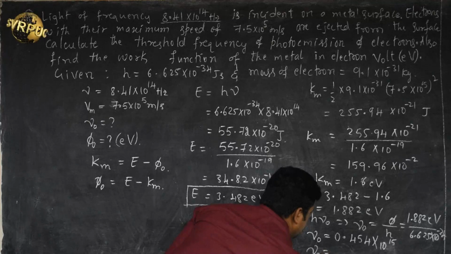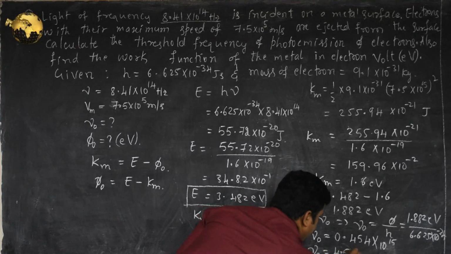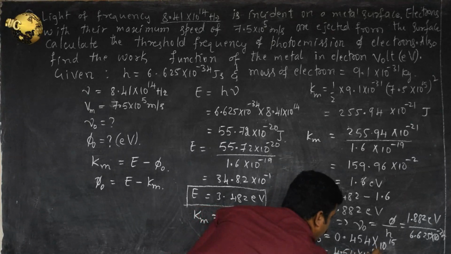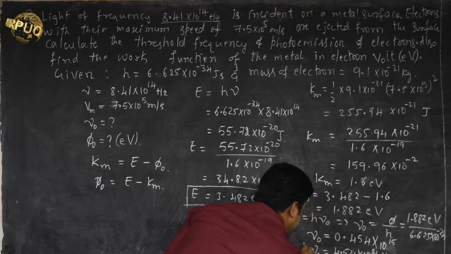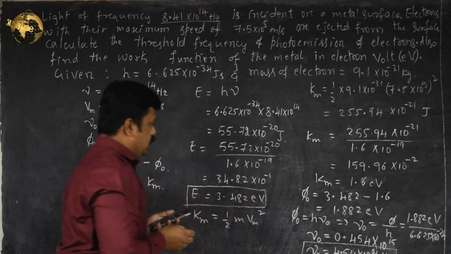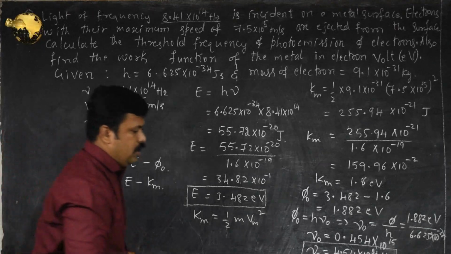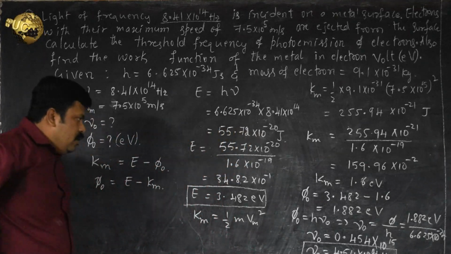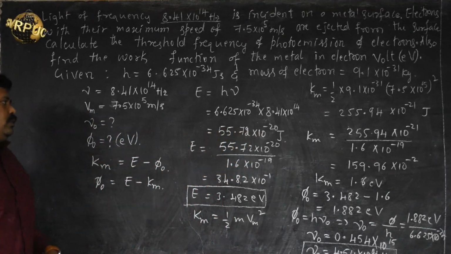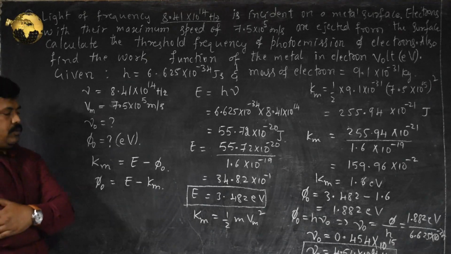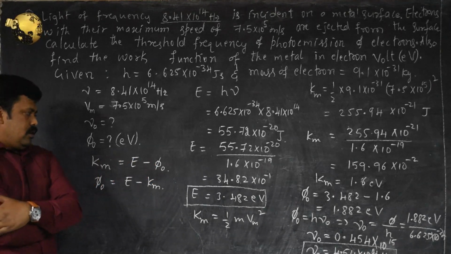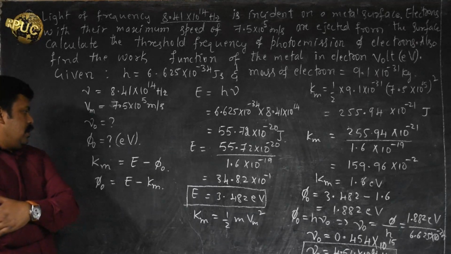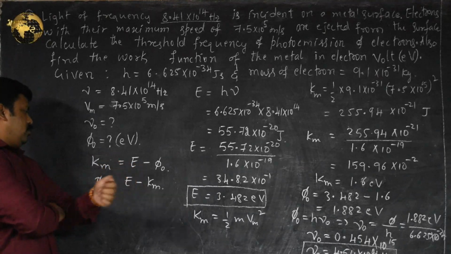Mu naught is 4.54 into 10 to the power 14 hertz. So this is the final required value of threshold frequency. As I said, it's a bit lengthy but easily solvable. It is depending upon the Einstein's